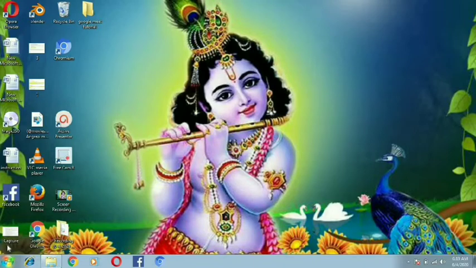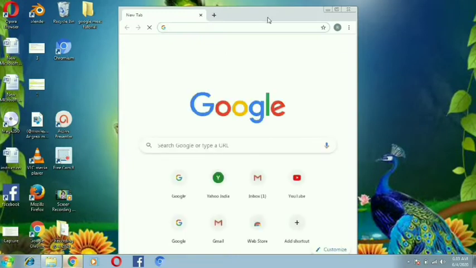So today we will learn how to join a Google Meet. Then we will also learn the basic components of the Google Meet. Okay, so let's start. For attending or joining a Google Meet, I have to receive a mail in which there is a link of the Google Meet. For that I have to sign in to my Gmail account.